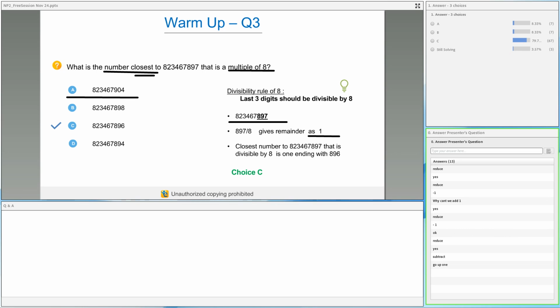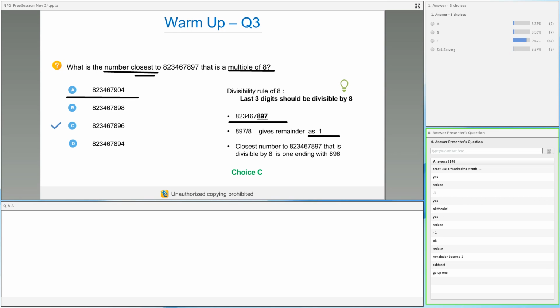Okay, someone is asking why can't we add 1? Even if you add 1, what will happen? You need to understand the concept of remainders. When we say I'm getting a remainder of 1, a very simple example is 5 divided by 2. You get a remainder of 1 because you're getting some more than what is required for the number to be divisible by 2. So you need to subtract 1 from it to go back to 4. In this case, to make the number divisible by 8, since there's a remainder of 1, that is, the number contains 1 extra, you need to remove that extra, not add 1 extra to it. If you add 1 and divide by 8, you'll get the remainder as 2. That won't help, right? So I hope this answers your question.